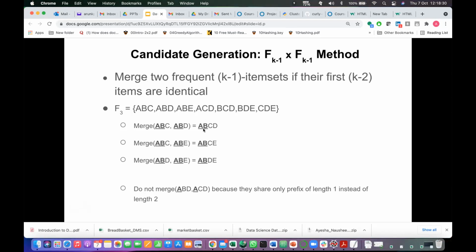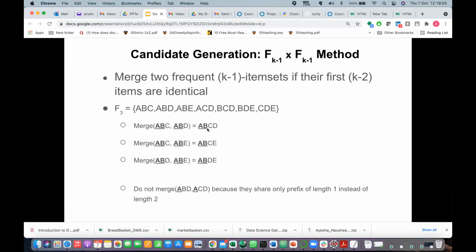So what other things are you getting? You are getting BCD. Whether BCD is frequent or not, we don't know that. We need to compute. But anyway, BC is frequent, right? From here. And BD is also frequent. Only the question is whether CD is frequent or not. So at least some of its previous 3-subsets should be frequent. That is the idea we are using here. ABC and ABD are subsets of ABCD. If these are not frequent, then there is no meaning in adding this.